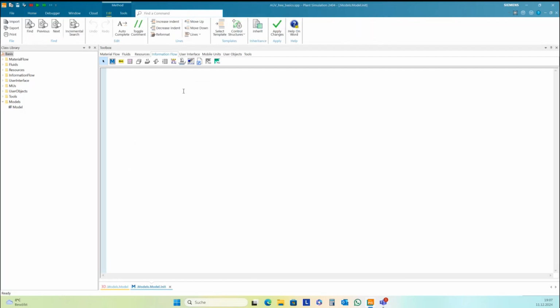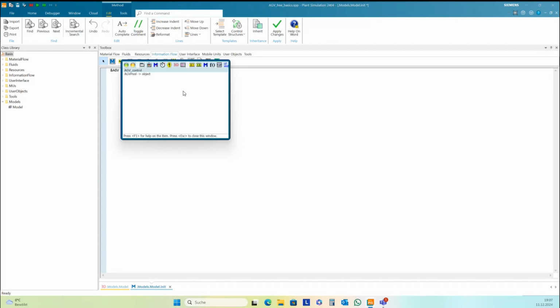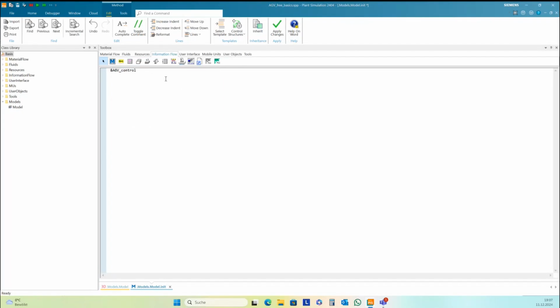First is quite easy. You may have other stuff here in the init method. So I call this: AGV control point execute, the call chain, so that this method is calling with its own call chain and doesn't hold here the init method.